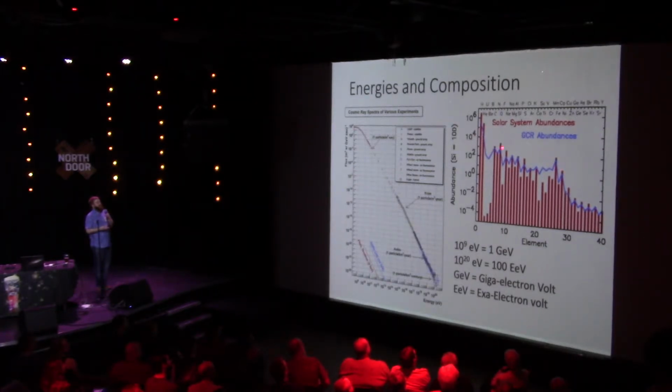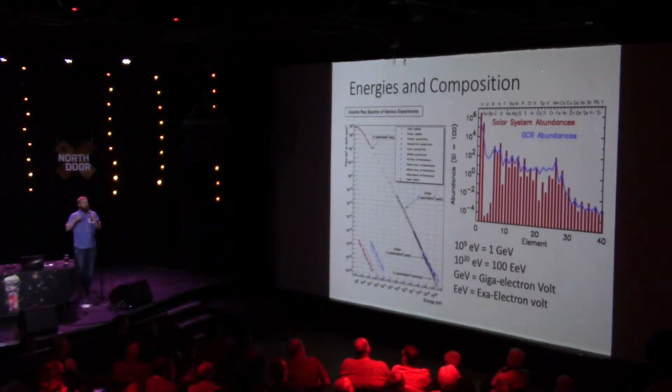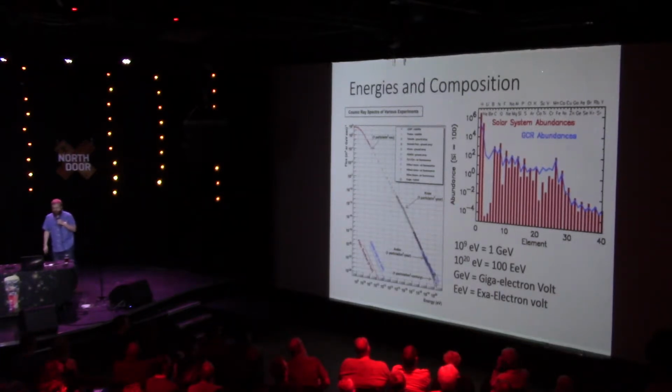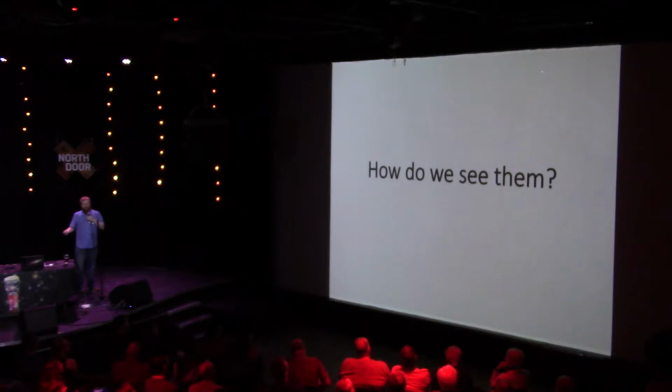So there's a huge amount of things like lithium and boron in cosmic rays, but we don't see that in our solar system. And there's a lot of these other kind of enhancements. And these enhancements tell us exactly about things with particle physics. So when a cosmic ray hits something else, it might shatter that thing and create all these others. So that's a little about what they are. So how do we actually see them?